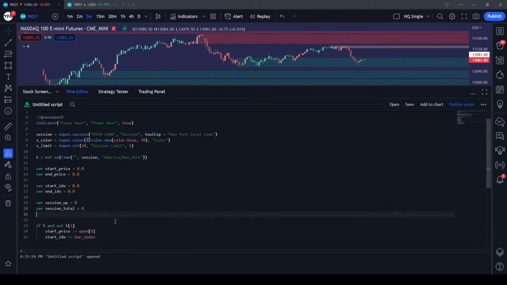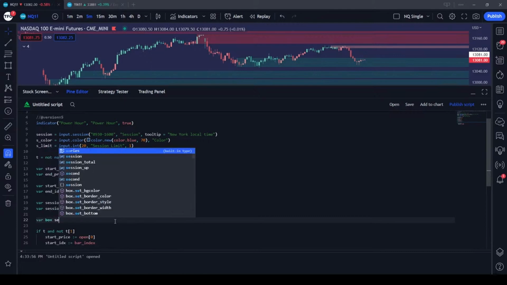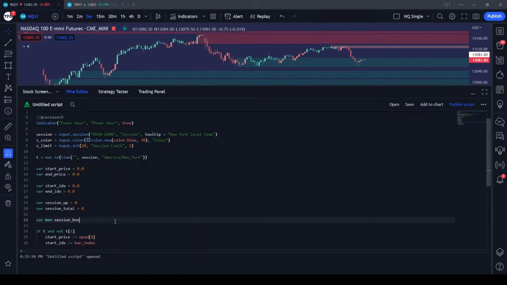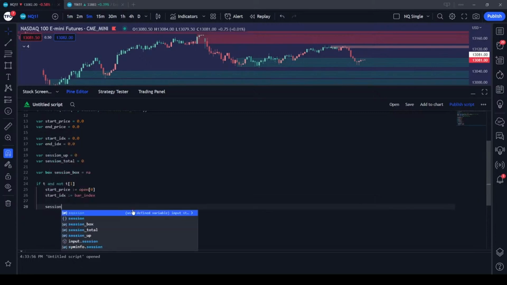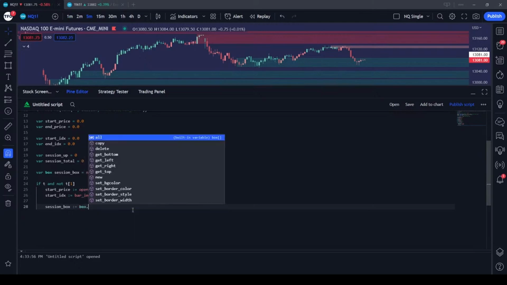Also forgot to define the box that we're going to be drawing. Let's do session box. So we can define this box to draw around basically encompassing the whole duration of the session's price action. And we're going to set that to box.new